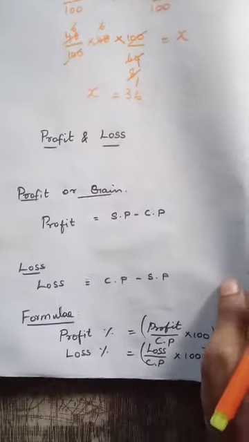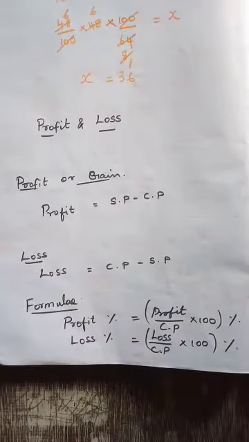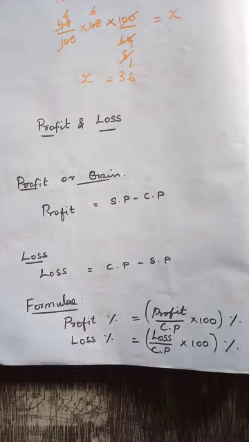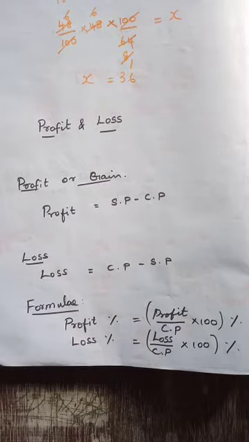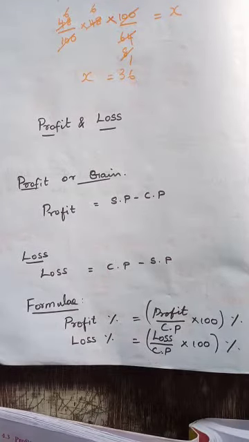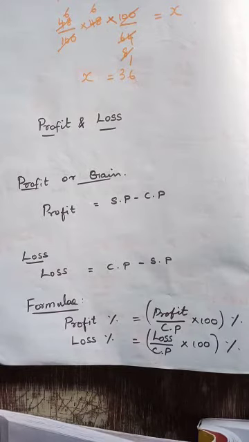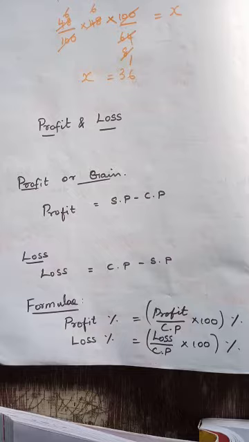Then today we shall see the profit and loss. We know about profit and loss. We have studied in the 7th standard, isn't it? What is meant by cost price here? Yes, the amount for which an article is bought is cost price. Okay. Then what is meant by selling price? Yes, the amount for which an article is sold is called selling price, isn't it?